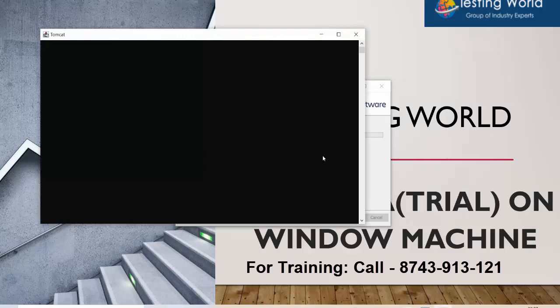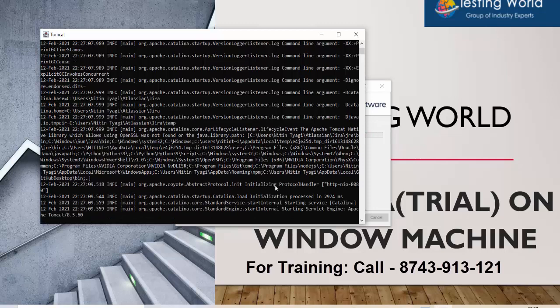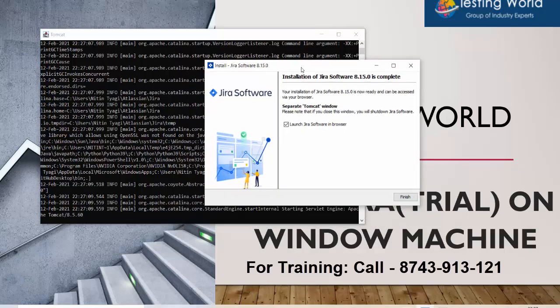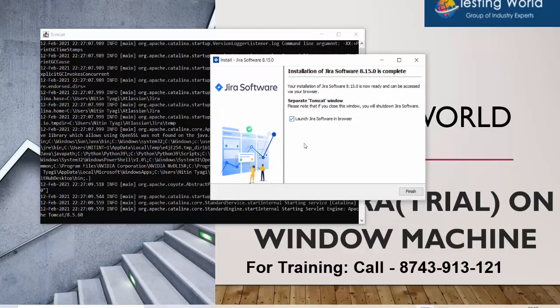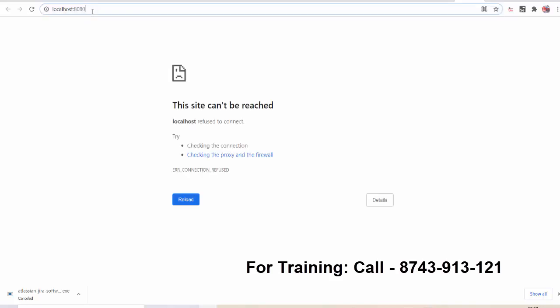Now it's launching Jira. So here we'll have to wait and it will show you to start the browser. So let's wait for this Jira to be started. And as you can see, it's a very straightforward process. You just follow next, next and finish. Okay, here it shows, would you like to start Jira in your browser? Yes, I want to. So if you can check it, it was showing the port is 8080.